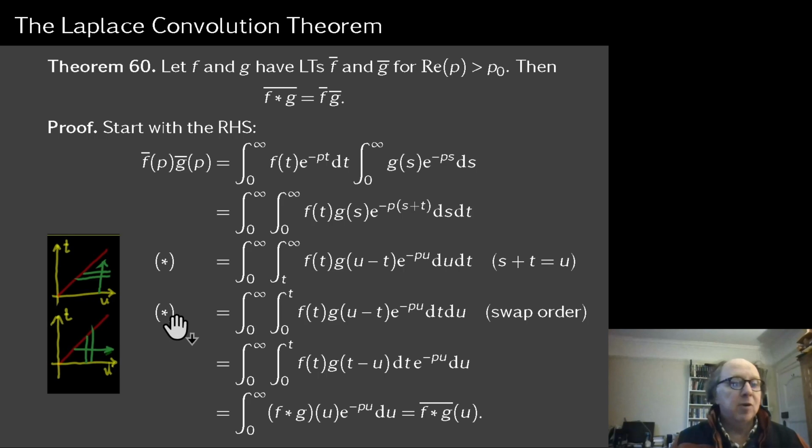And I don't know about you, but I always get confused at this point. I draw a little picture of the u-t plane. The inner integral u runs from t to infinity, so you imagine, how do you do integrals? You do little strips and you add up the values of the function at each little square in the strip, and then you add up the values of the strips going up. U runs from t to infinity, so the strips look like that, and then in the outer integral you add up all the strips like that.